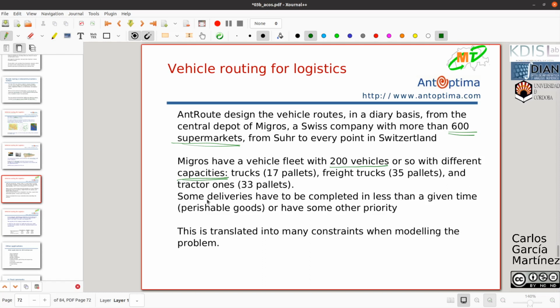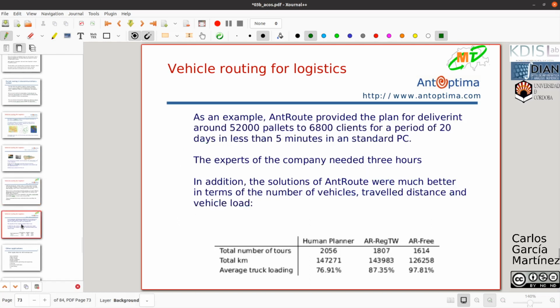Some of the goods that they have to deliver should reach their destination in less than a given time. For instance, let's suppose that these goods are perishable goods that need some refrigeration. For example, they could be milk or something like that. So in the experiment they applied their algorithm,